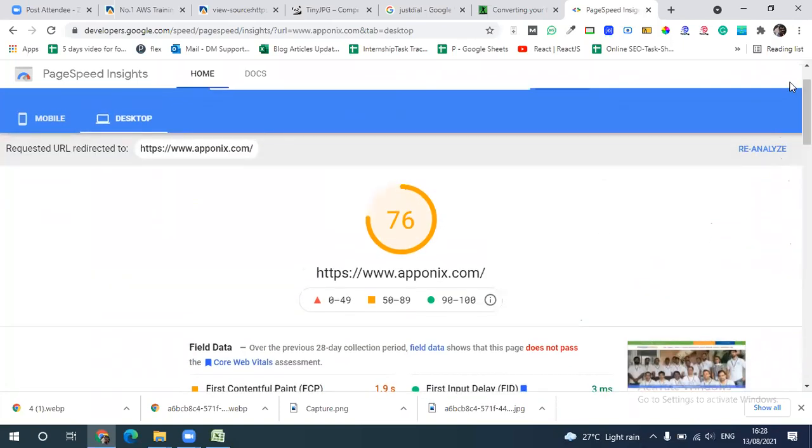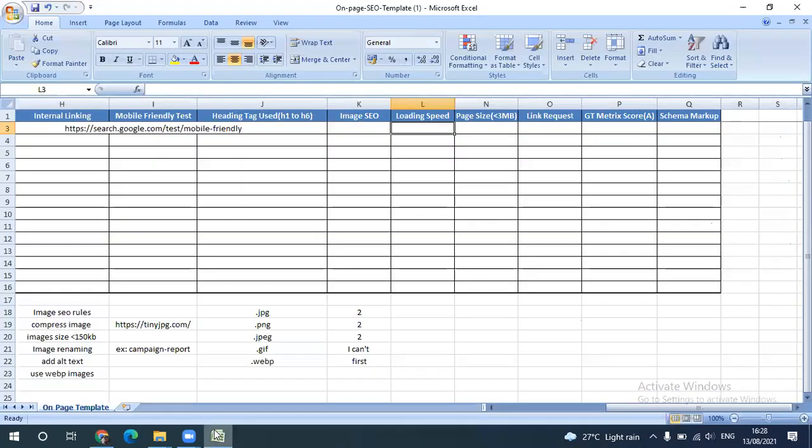Okay, before coming to this, I will tell you a few rules. Your web page size should be less than 3 MB, and loading speed should be less than 6 seconds, according to the standards.